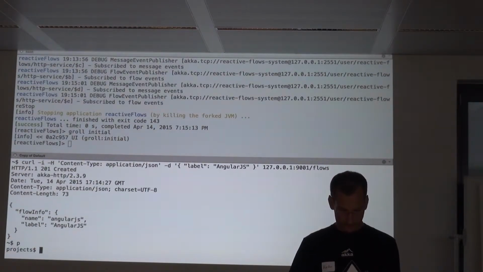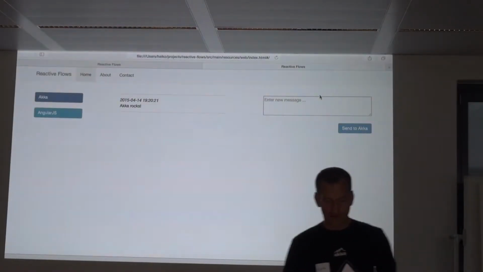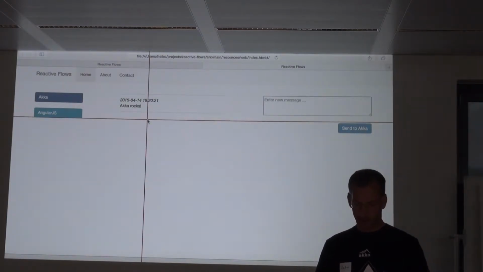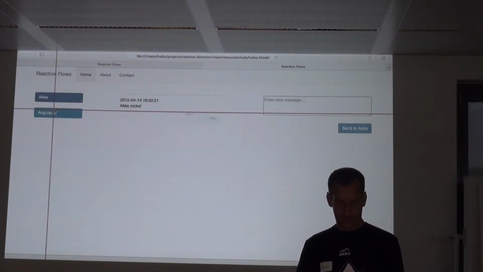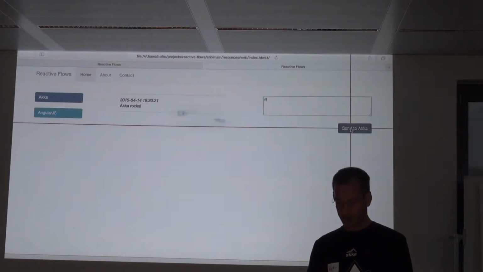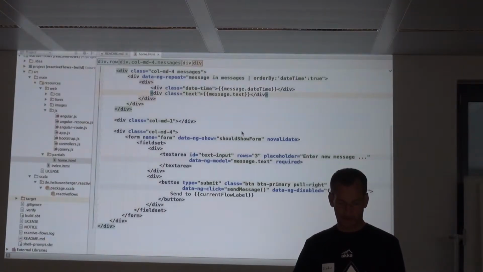I'm in the wrong project. Okay, open source name, resources, web. It's a long path, index. All right. So here, that's just the static HTML template with the dummy data. Okay. So it just works. Of course, there's missing implementation here, missing implementation here. But anyway, you can already look at your page, and if you're a great designer, you can make it nice.